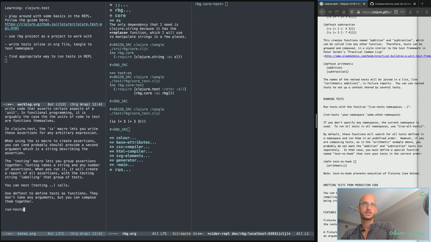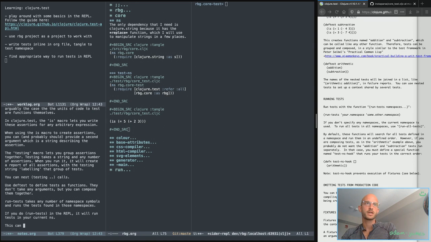Run tests takes any number of namespace symbols and runs the tests found in those namespaces. If you do run tests in the REPL, it will run tests in your current namespace. This can be useful for